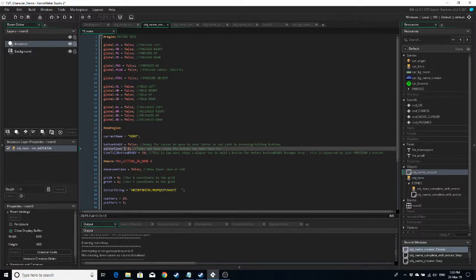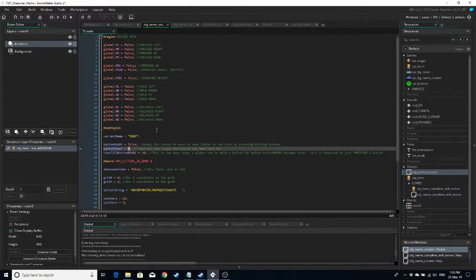So if we're holding down the left button on the D-pad, we don't want the cursor to move every step of the game because that's going to be way too fast. So whenever we're holding down a button, button timer is going to increase, and when it reaches time until button ready, it's then going to set button ready to true, and then based on whatever button we're pressing, we're going to move left, right, up or down on the grid. And as soon as we've done that, we are going to reset button timer to 0, and it's going to